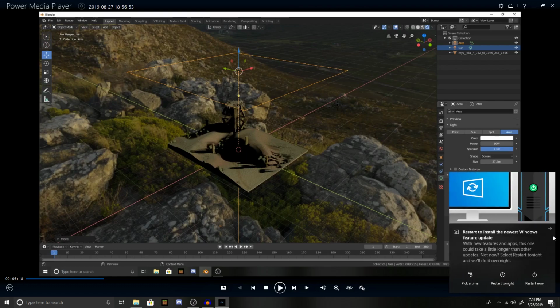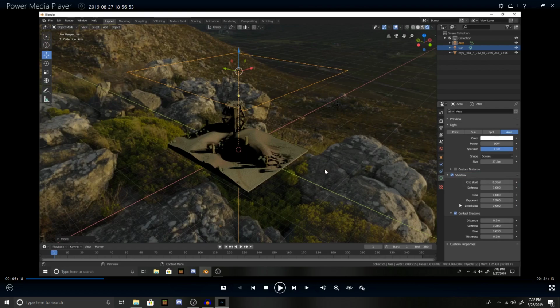And what the heck is this? And why is it showing up? Restart to install newest Windows feature update. I don't care. I don't care. No. Anyways, so